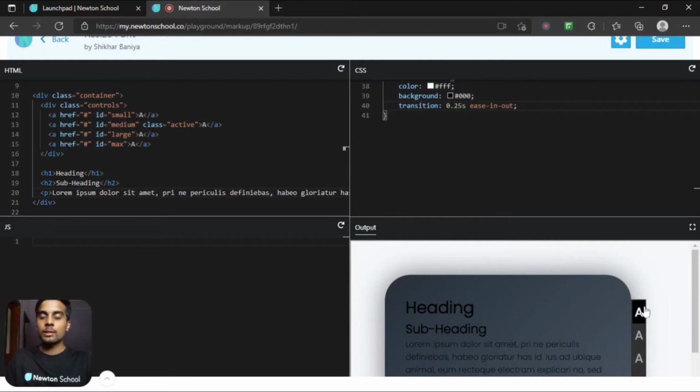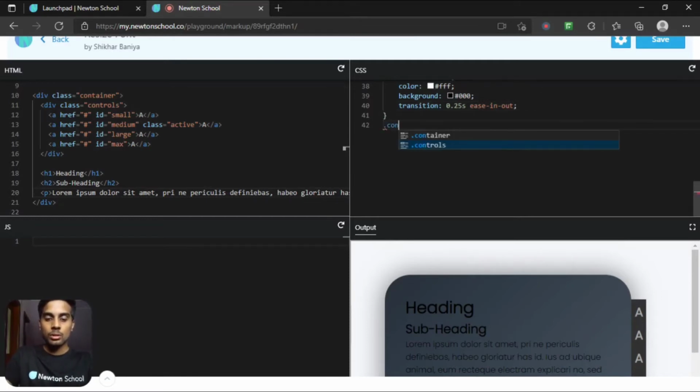So when I'm hovering over it, it will take 0.25 seconds to complete the effect. Okay, so that is that. Now, as you can see, we have added the ID of class medium to this second anchor tag. So let's target that.